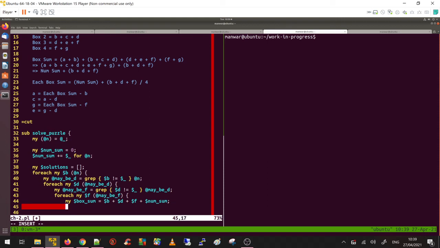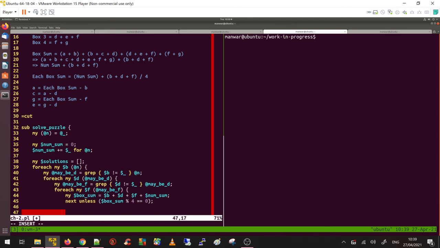And also we know that the box sum has to be a multiple of 4. So if it is not, then we are not interested in this combination of B, D and F. So I'm going to say next, unless box sum divided by 4 doesn't give me a remainder. I'm not interested otherwise. So once you pass the test,